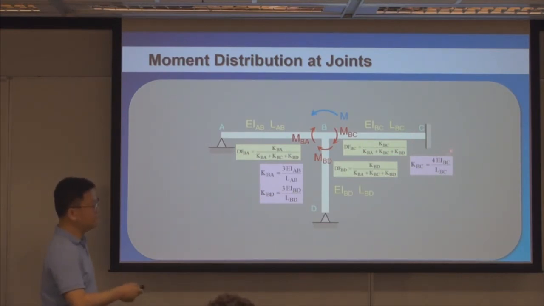KBC is 4EI over L. The reason is because the far end is clamped. Okay, so that's it. You use these three stiffness coefficients, substitute them in, then you can calculate distribution factor